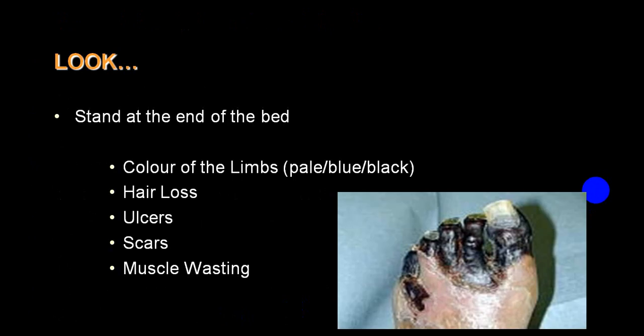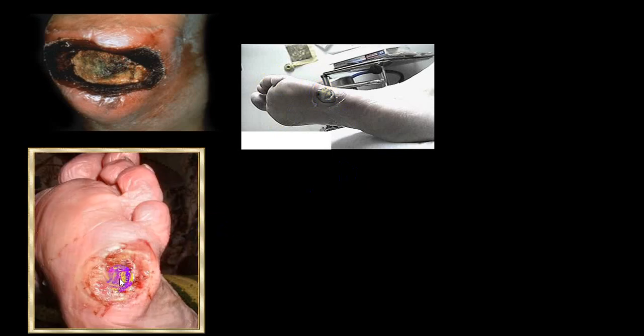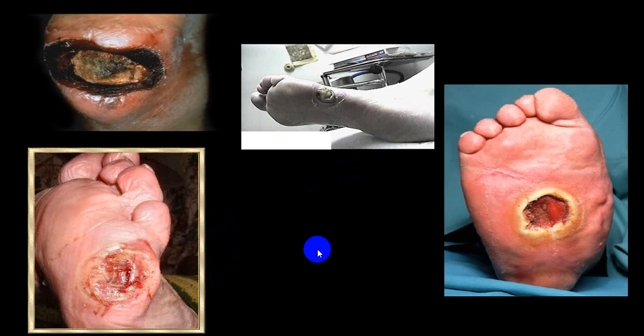This is one of the pictures I have put here. If you see such things, you should give a description that this is a dry gangrene, which is suggestive of arterial occlusion. So you should look for such findings and mention in your exam. Say this is an ulcer, a deep ulcer, and this is gangrenous material, necrotic material. So this has to be arterial. You can see here a non-healing ulcer. Again, a big non-healing ulcer. Non-healing ulcer. These are all most likely to be arterial.